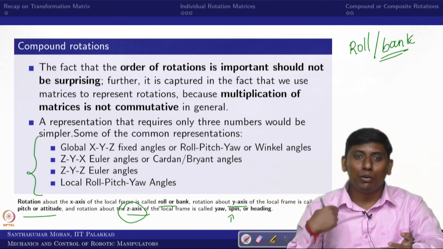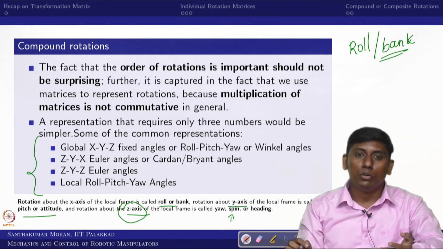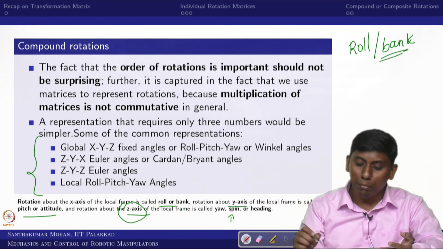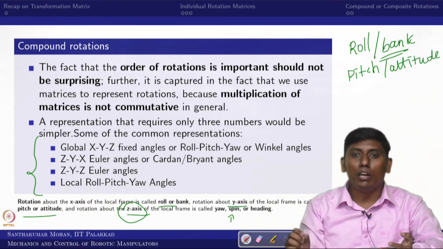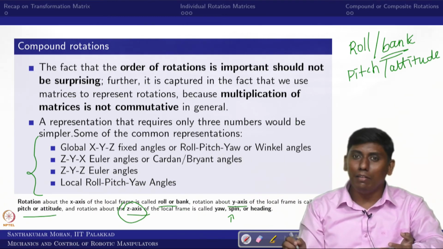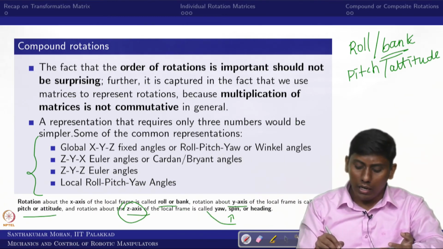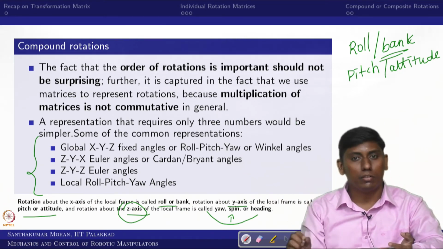So, this attitude control is not human attitude, this attitude is in the sense of pitching. The pitching of the aerial vehicle, or pitching of the mobile robot, is very important; that is what we call pitch or attitude. Then the final one is very common, we usually call heading control or yaw control. Very rarely we use spin, but yaw or heading is common, which would be about the local z axis rotation.